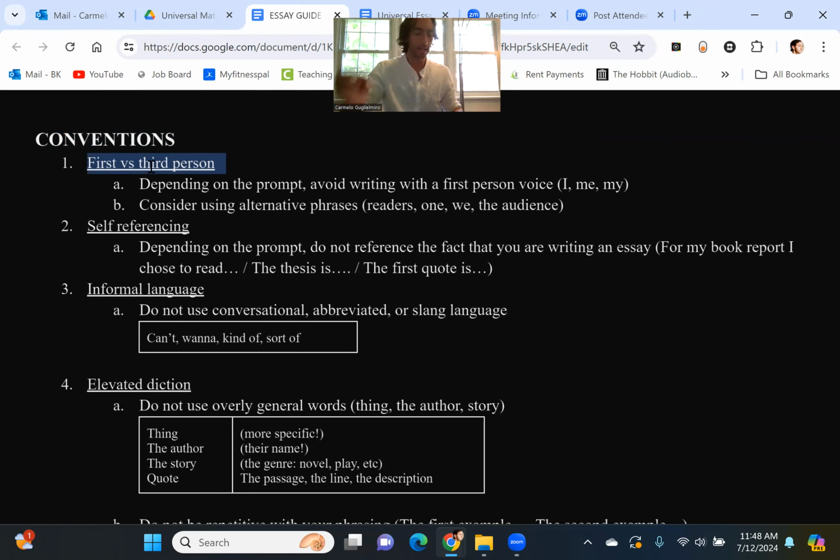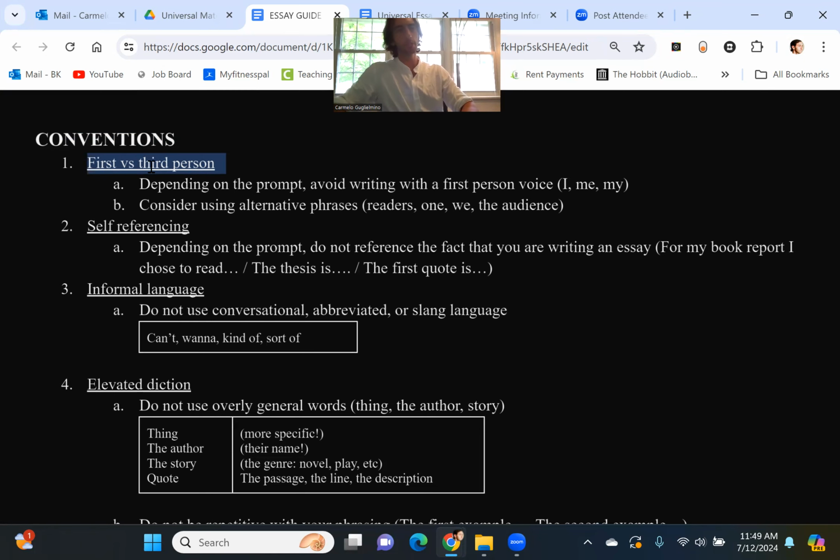So should we be writing, I think that Romeo's tragic flaw is this? This is appropriate only if the teacher and the prompt tell you, write to us your thoughts on this particular topic. Tell us what you think, right? If you are directly being invited to use the first person or to talk about your own understanding, that's fine. Then it's fair. And again, double check with your teachers every time as to whether or not they would approve of this.